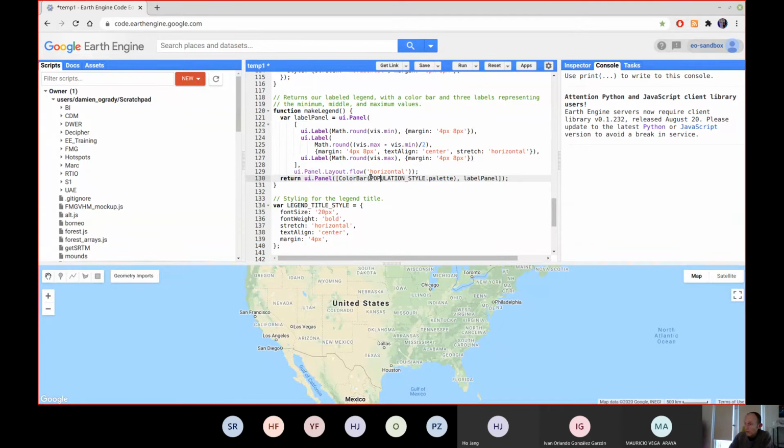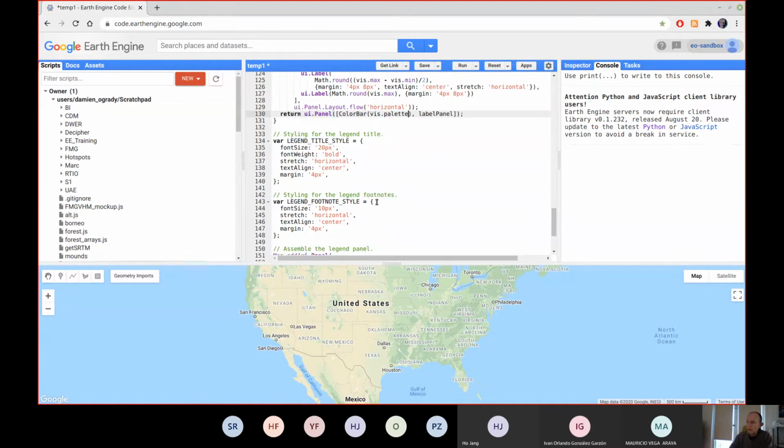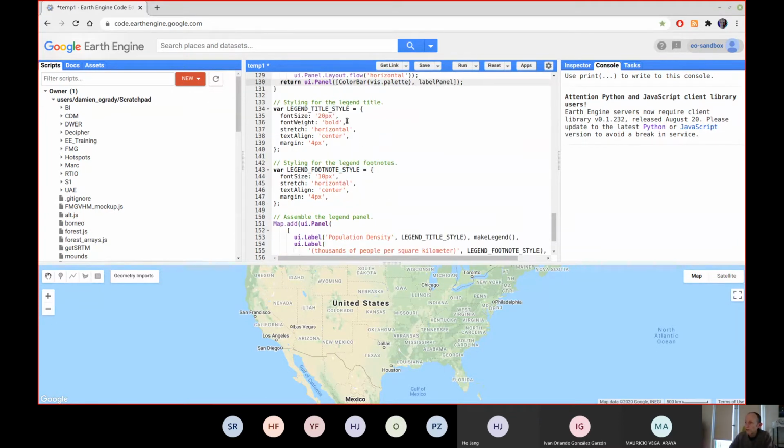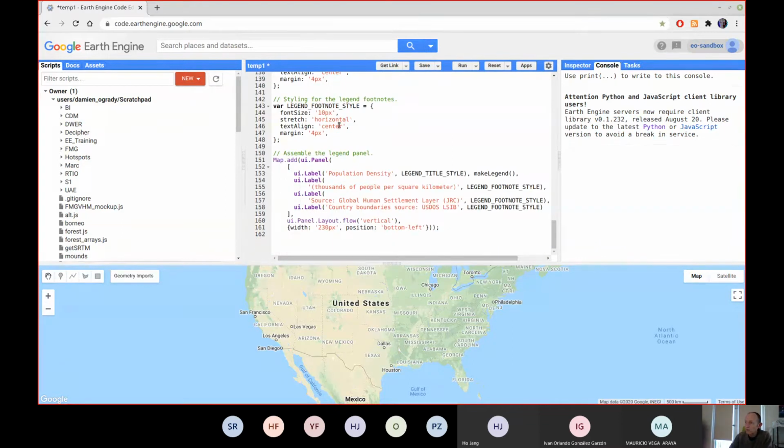So here, the color bar is feeding in a palette that we don't know anything about, because that was to do with that particular script. We can put our own palette in there because we've got that contained in our visual parameters, palette. Okay. And then just looking through the others, we don't need to change the style of the text at all because we were happy with that. And then at the bottom,